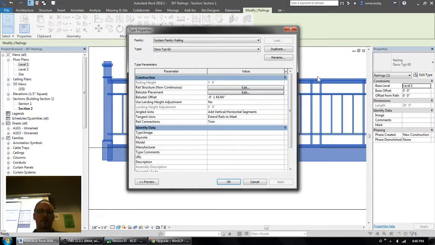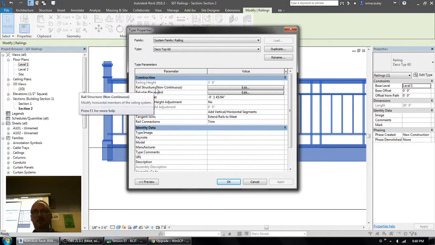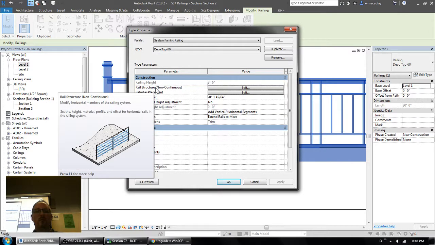If you look at the notes, we've got page 5, we've got railings, and those railings are made of two parts. Number 1 rails, number 2 balusters. So here is the type properties, and you can see we've got the two buttons here, rail structure and baluster placement. So step 1 is to go into these rails. Now Revit calls them non-continuous. Now that's not exactly true, but the reason that Revit will call it non-continuous is that